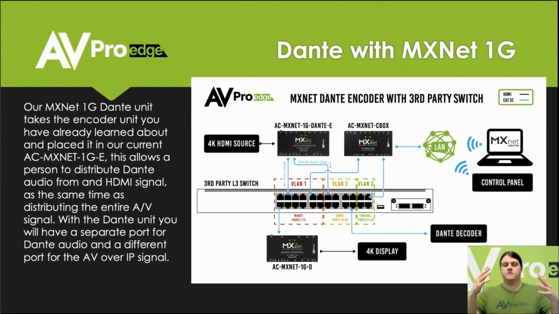But not everybody is going to be using MXnet switches, and that's okay. Our products work with any kind of network switch that at least meets the minimum requirements for our products, which are found on our knowledge base. But most networking engineers already know those minimum requirements. They know and trust what Cisco or Netgear or Araknis switches they like to use, and there are all types of network switches that do work for AV over IP and for Dante products like we're showing here,